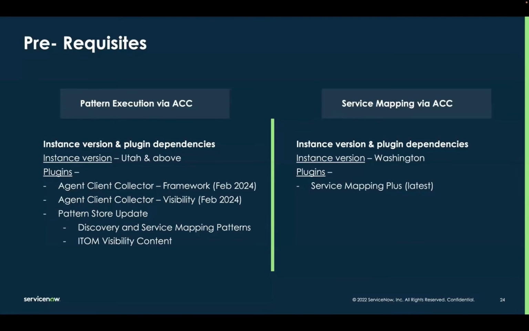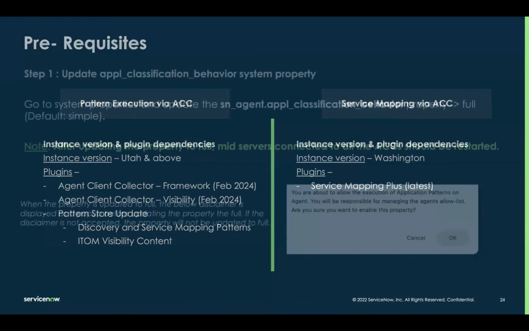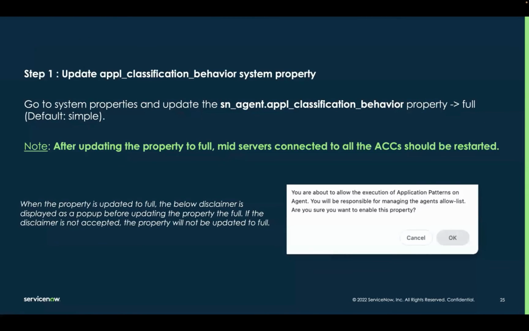Similarly, the affinity on mid server for service mapping, which is one of the top most voted ideas, is also shipped through the Washington timeline. And hence, we recommend customers to upgrade to Washington if you want to avail the ACC over service mapping feature. So that's the prerequisites. And the first step, when you install all those applications, the first and more important step is to go and activate a property setting